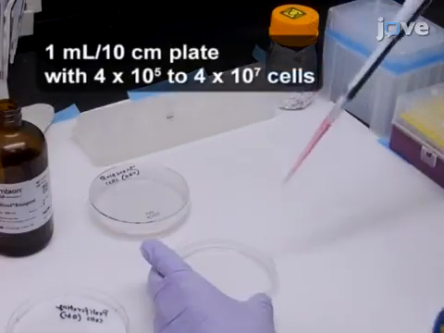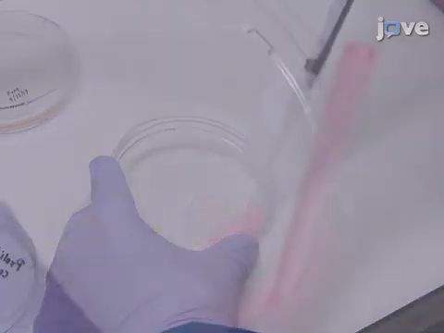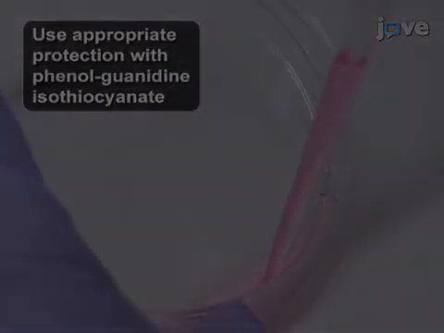Then add phenylguanidine isothiocyanate solution directly to the tissue culture plate. Pipette the phenylguanidine isothiocyanate solution cell mixture up and down several